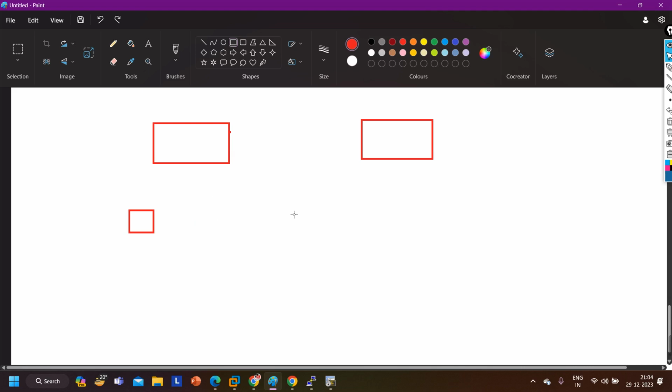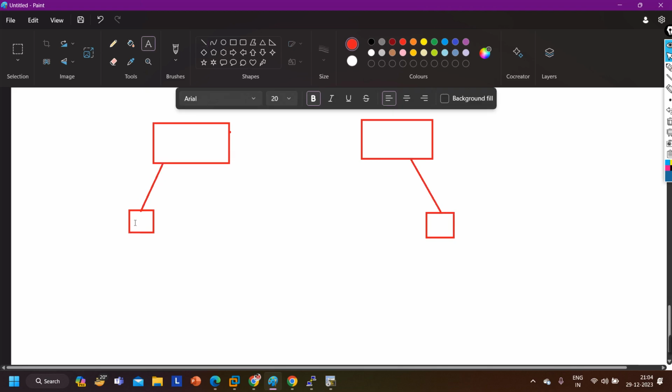Okay, let's say one computer only. One computer is here, one computer is here. This PC, this is like a real-time scenario. Say this is PC1, PC2. Okay, switch 1, switch 2,